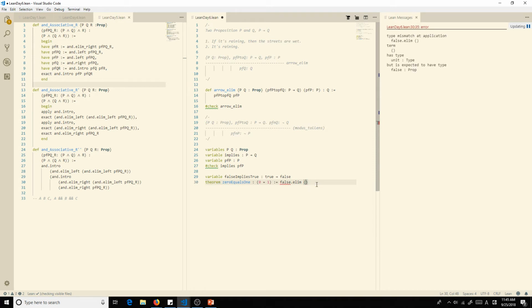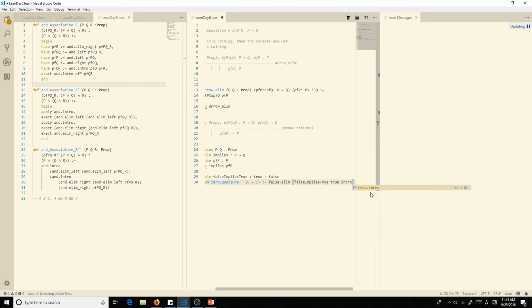So, I mean, false implies true. So false implies true. And true dot intro, because we're going to introduce, this is basically just true. You can see that there.